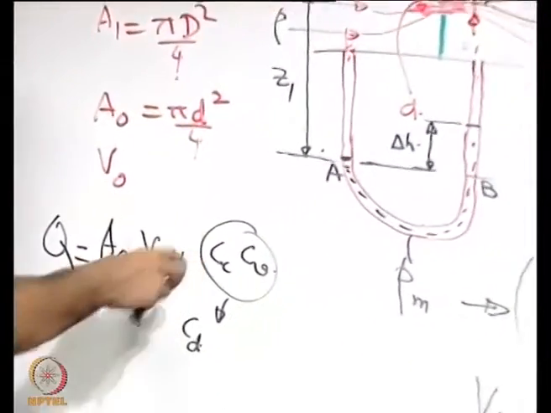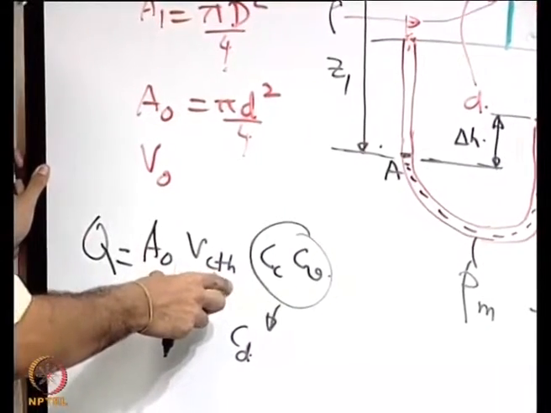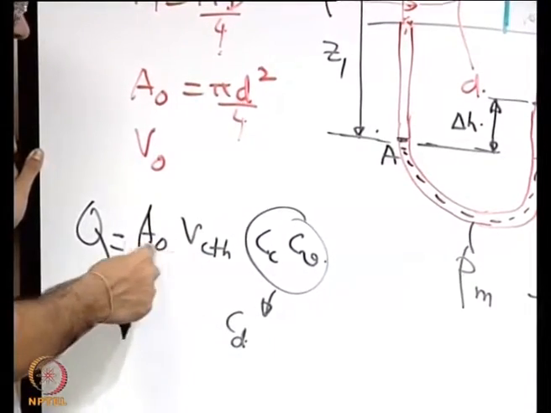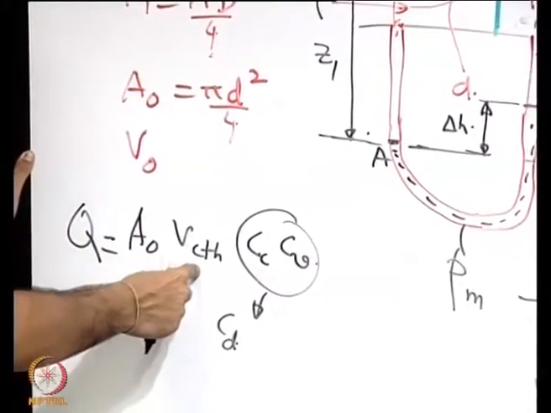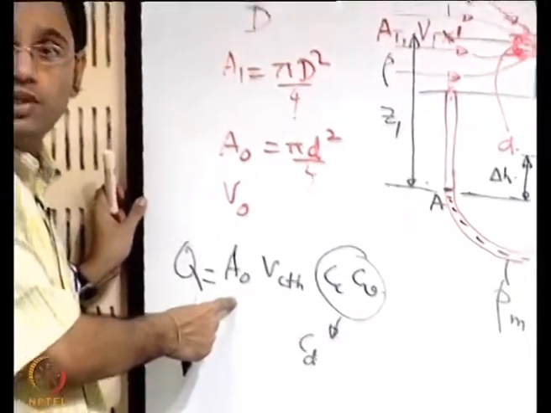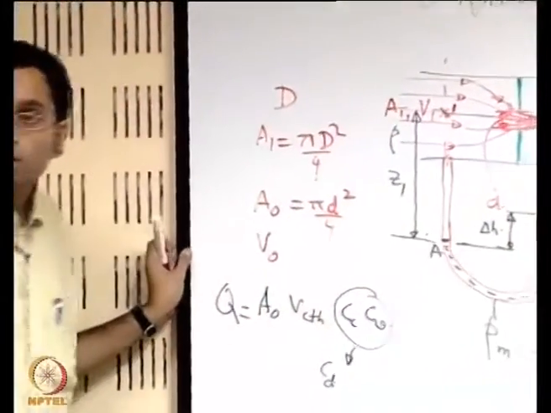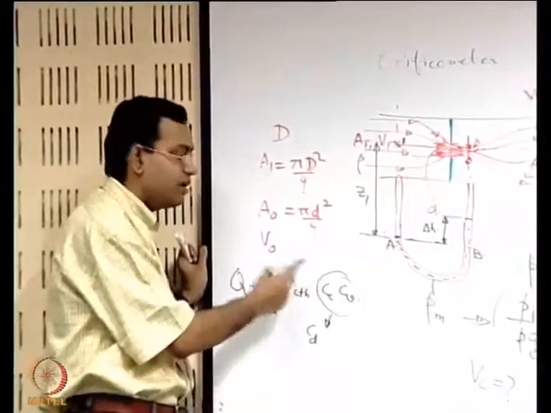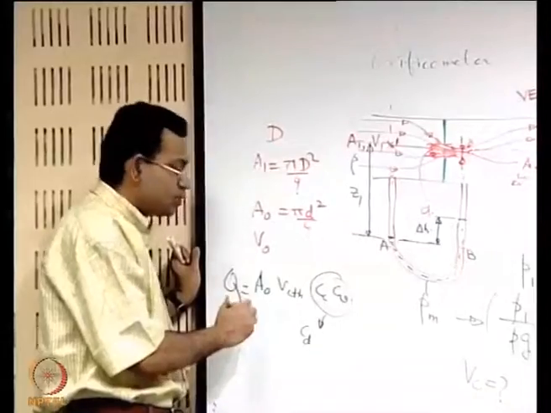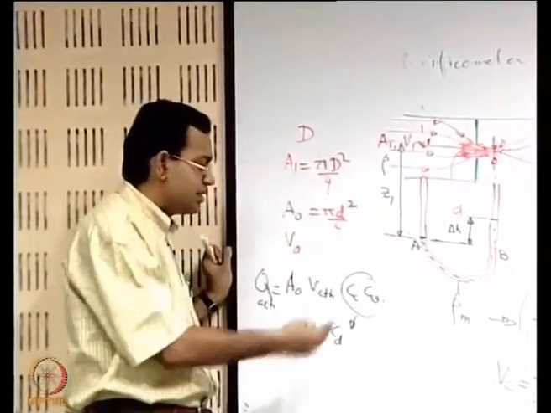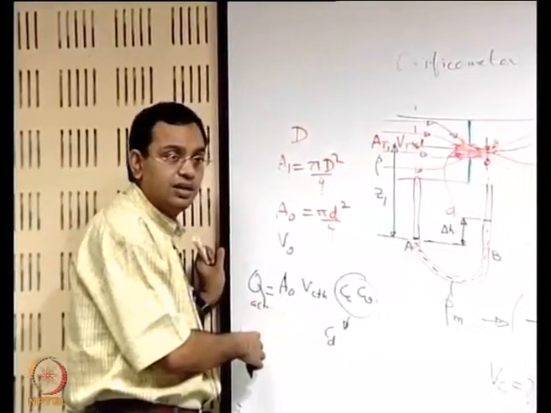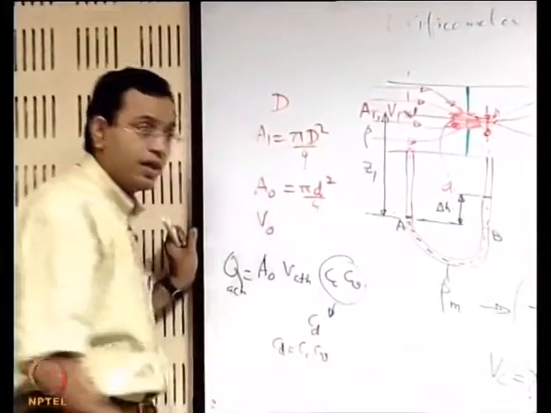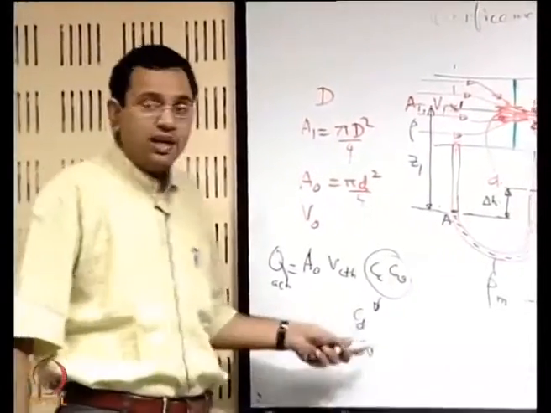because this is a sort of ideal flow rate, but this is a bit different from the previous case, because in this case the areas and velocities are referred to two different sections. Area is referred to the orifice, but velocity is referred to the vena contracta. So that is a basic difference, but otherwise notionally it is like an ideal and an actual velocity. By the definition of the coefficient of discharge, it is Q actual by Q ideal. So you can say that CD is equal to CC into CV,